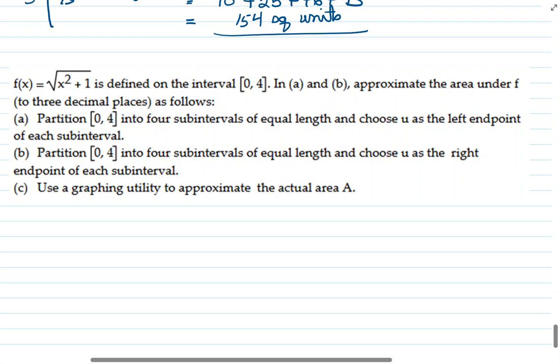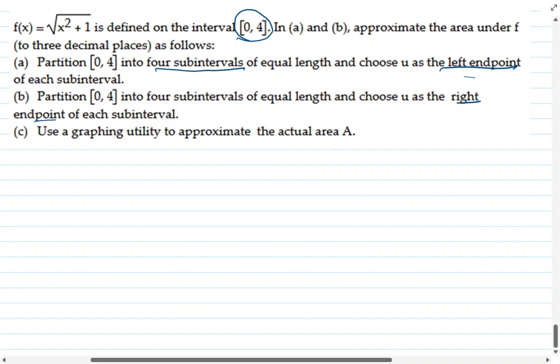this one is from the interval 0 to 4. And we're going to find the partition of 4 subdivisions equal n. Choose the endpoint, the left, and then the right, and then the graph. All right. So our first step,